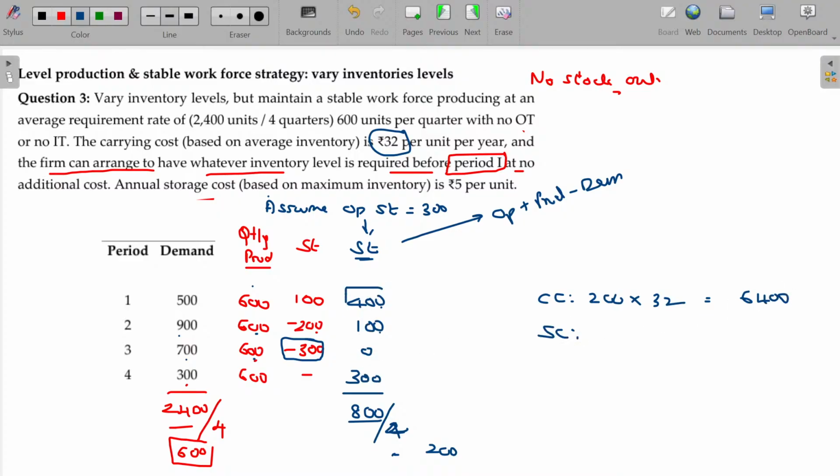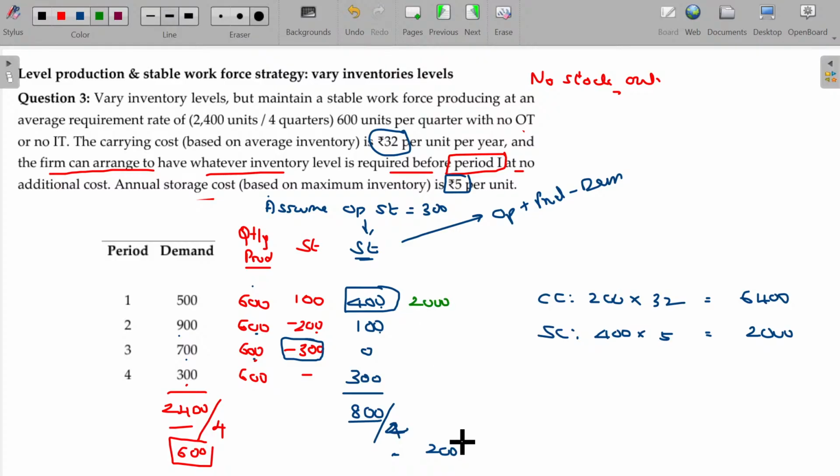Based on the maximum capacity, the maximum requirement being 400 kept in the period 1. Okay. So for every unit, I need 5 rupees for the maximum. So your storeroom capacity is to accommodate 400 units. So naturally for 400 into 5, 2000 rupees. From this it is very clear, 2000 being the storage cost. Okay, storage cost being 2000 rupees